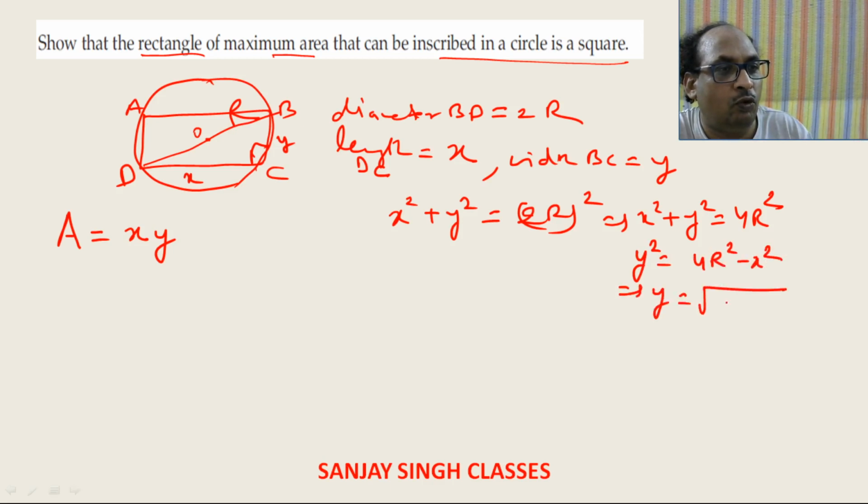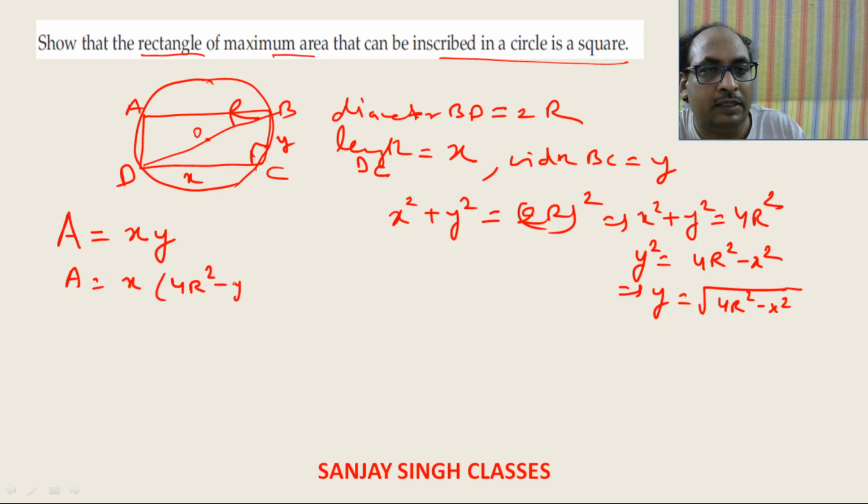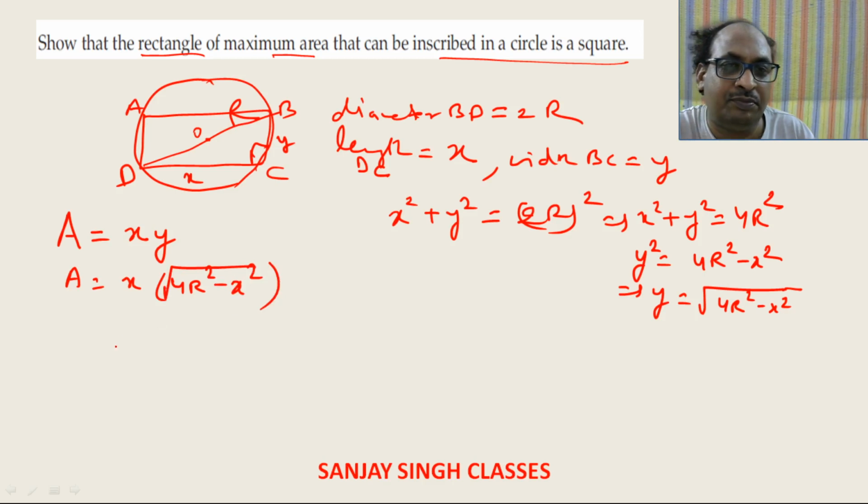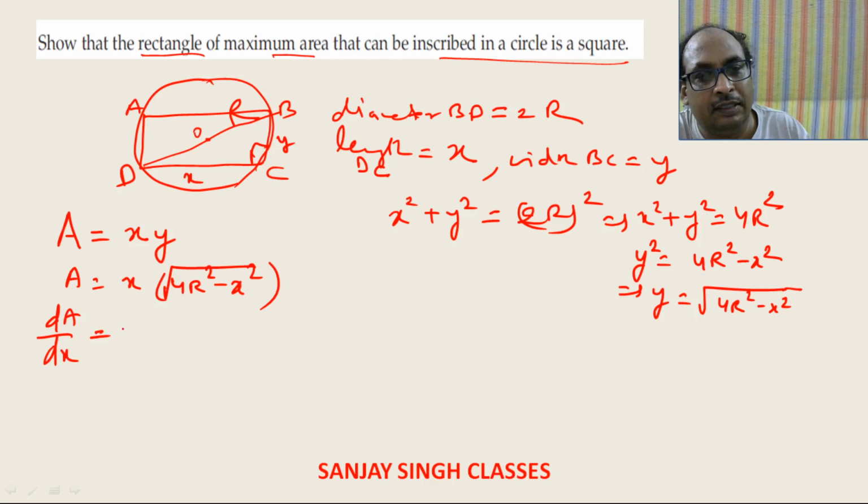So let us find y square is equal to 4r square minus x square, which gives y is equal to whole root 4r square minus x square. So area is equal to x into, let us put the value of y, whole root 4r square minus x square. Now let us differentiate it with respect to x. So dA by dx is equal to,